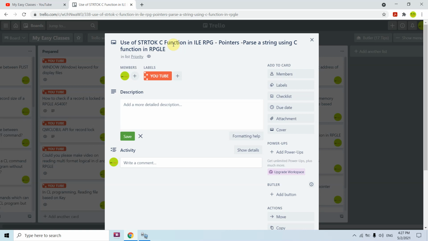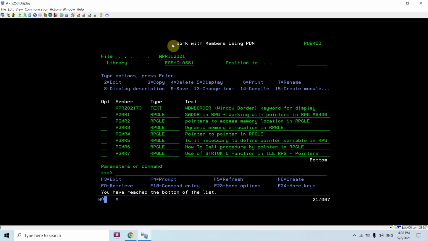You can leave that logic to write, because we already have a function which you can use to perform your work. Basically this is used for parsing a string, and it makes use of pointers as well. Let me show you the demo of how it works.